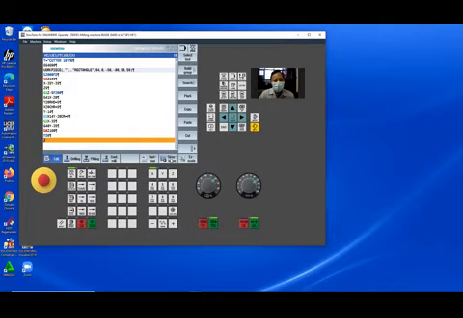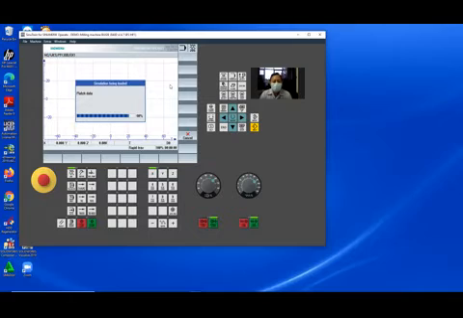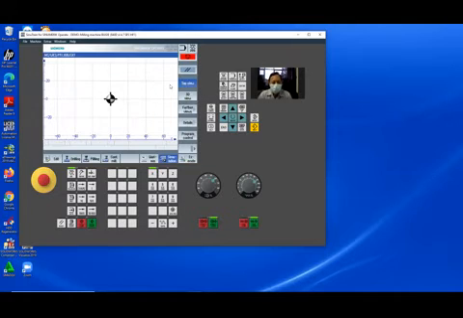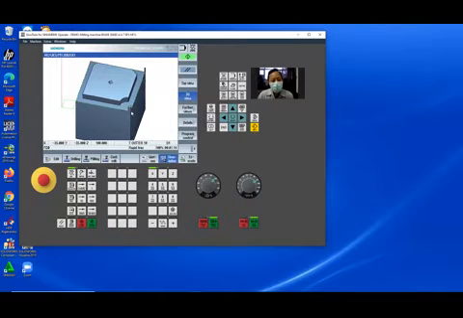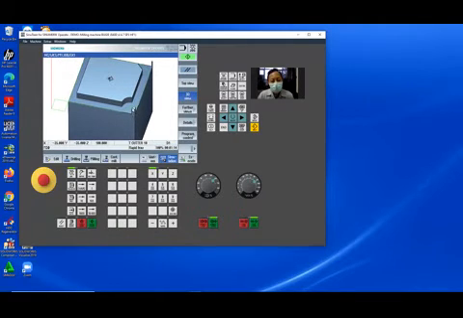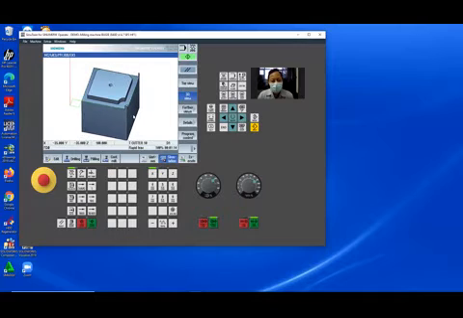Let me see the simulation. Yeah, you look this. If you want to give the toolpath or the trace, you can select this and show toolpath. This is the toolpath. If you want to see from side, you can use 3D view. Yeah. What is this? No problem. Next time we resolve that. Okay.